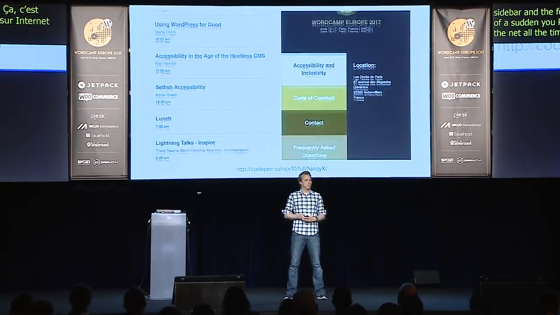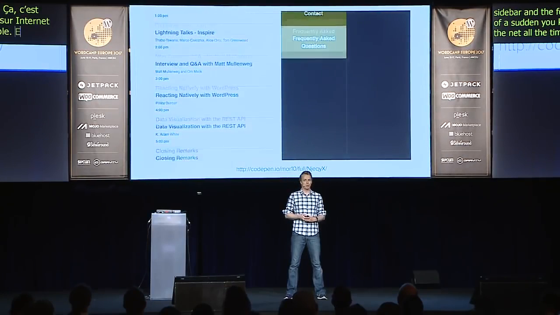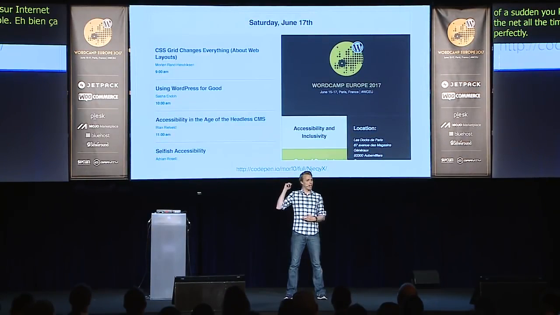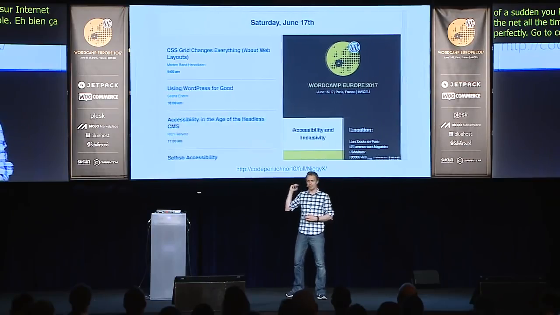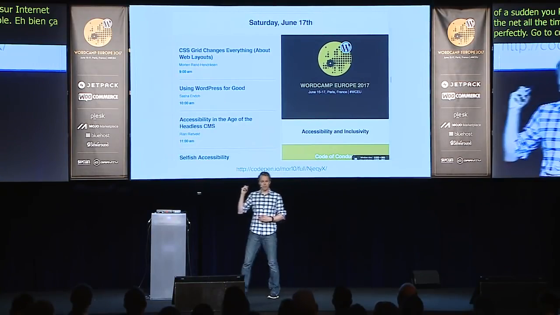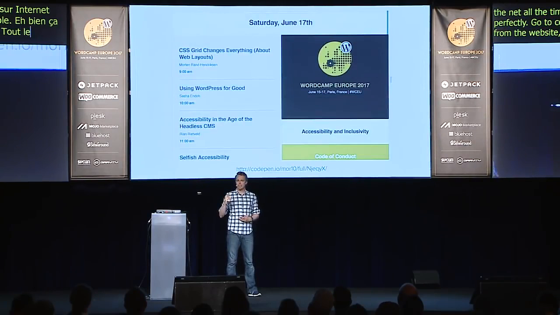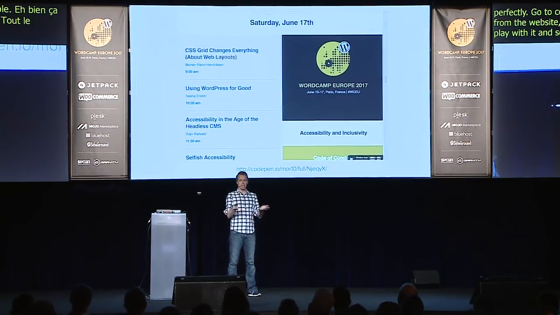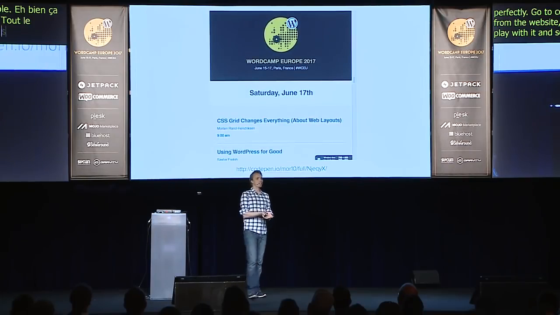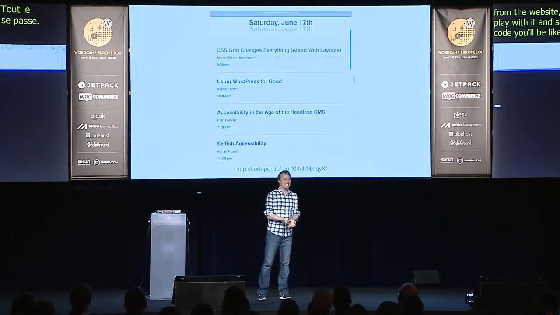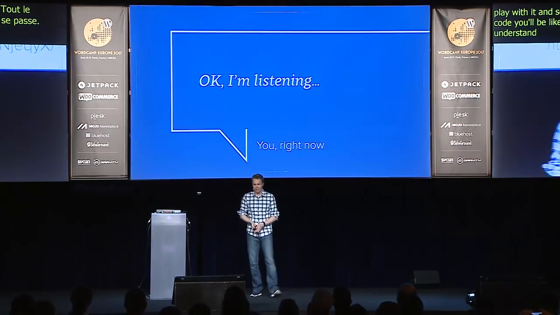This works perfectly. Go to CodePen. This example is a live website. All those screen grabs are from the website. All the content restructures the way it's supposed to. You can play around with it. You can see exactly what's going on. And the craziest part is when you read the code, you'll be like, I understand what's happening here. I don't even need to understand CSS Grid. I can actually see how this works. So,